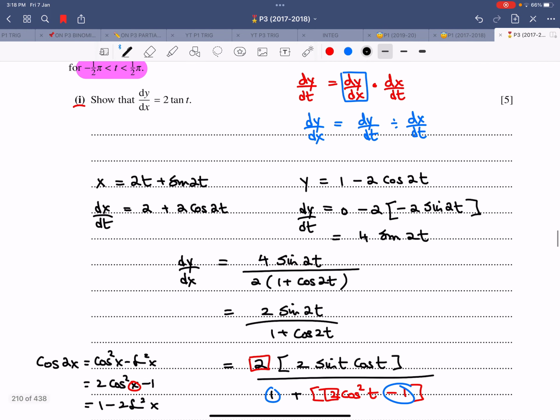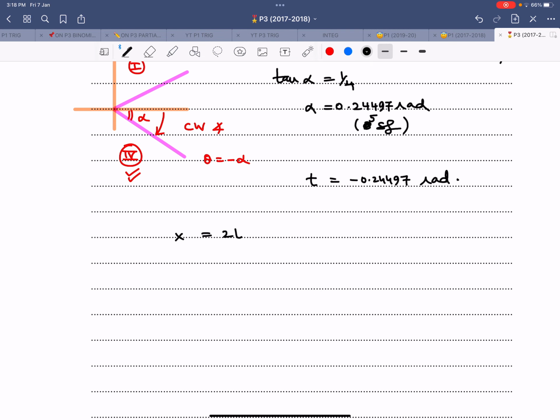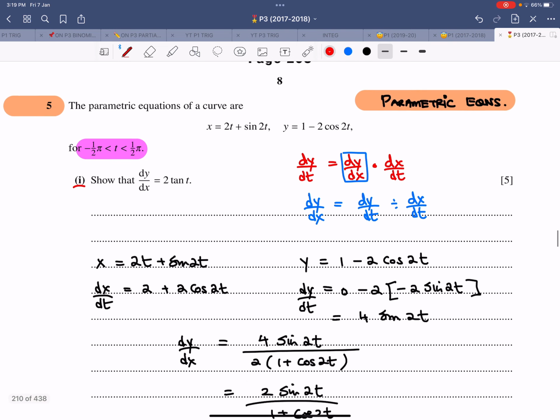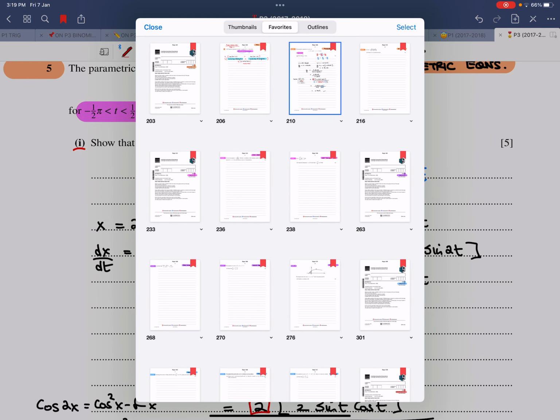The x coordinate is 2t plus sine 2t. So that is 2t plus sine 2t. And once I plug in this value over here, and I plug in this value over here and use a calculator, that was the answer. That was negative 0.961, correct to 3 significant figures. So that is the second question that we have done related to differentiation, and the differentiation was in the form of a parametric equation.